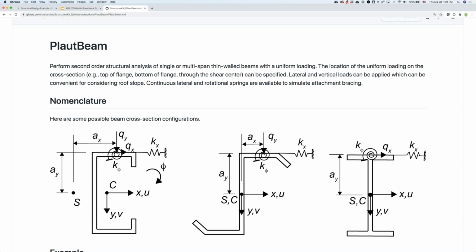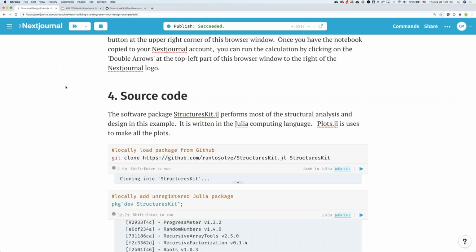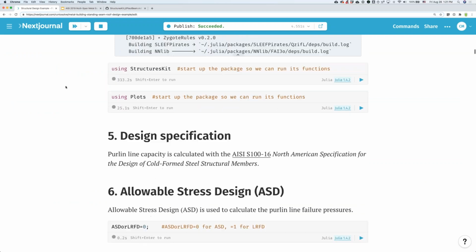So yeah, that's maybe about all I'll talk about there. I don't want to get you too bogged down there, but that is one of the maybe unique parts of this